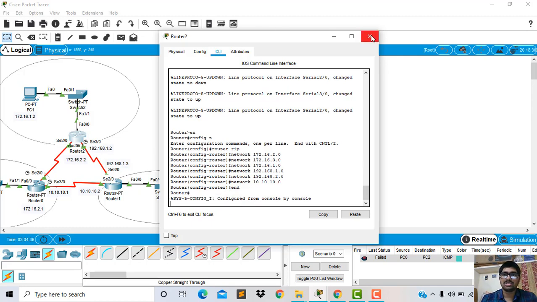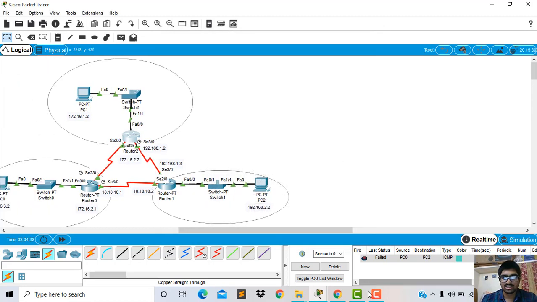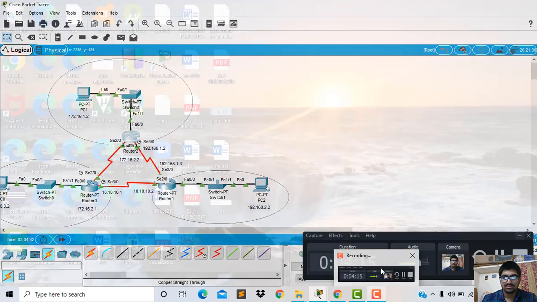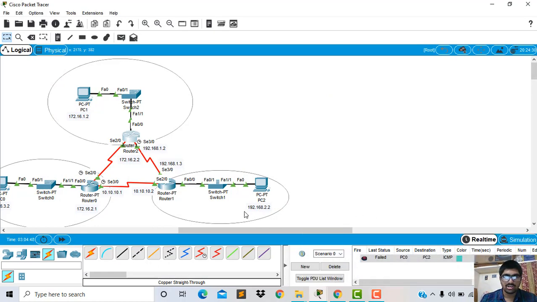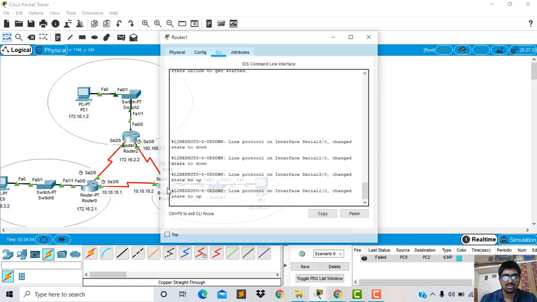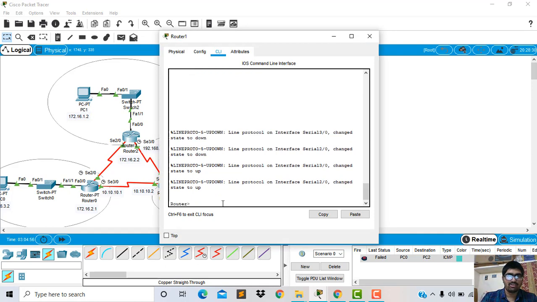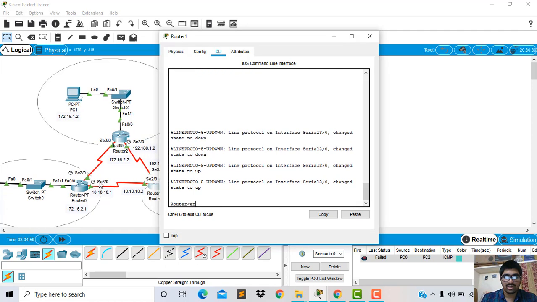The same operation should be performed for router 1 as well, according to router 0. For router 2 we have given the same commands. We have to give the LAN 3 commands to access the information from LAN 1 and from LAN 2.